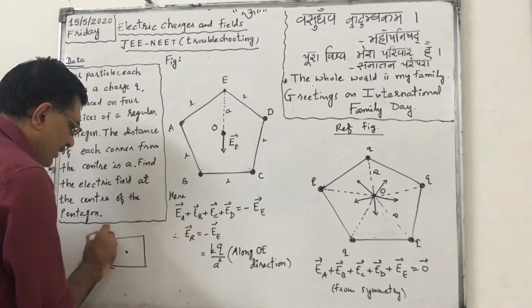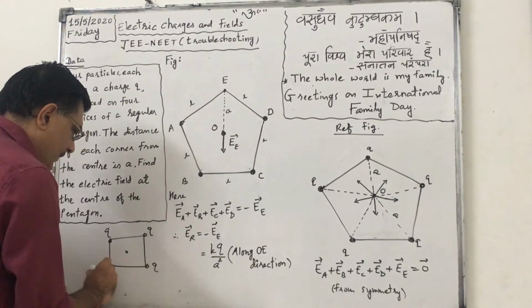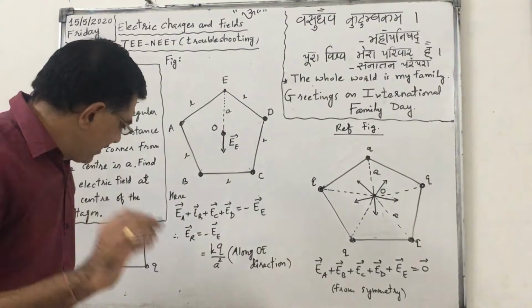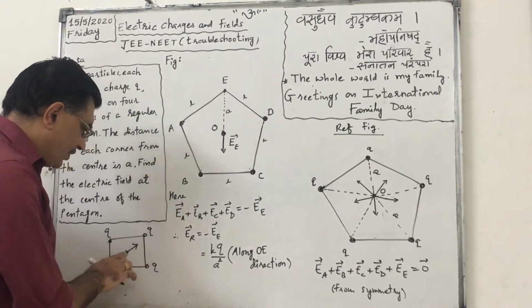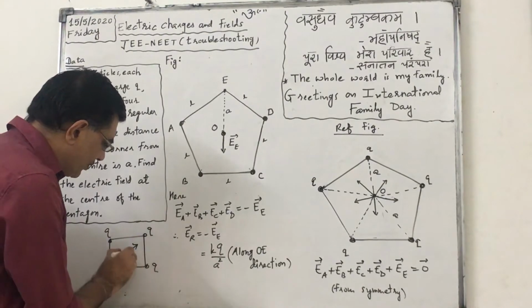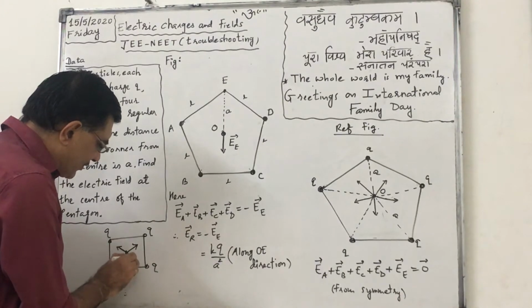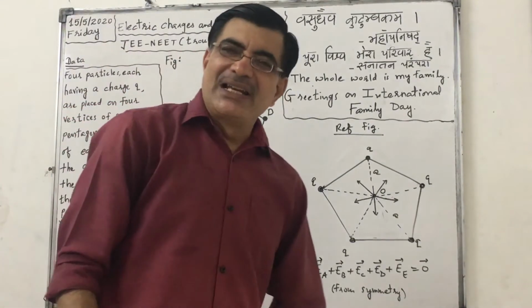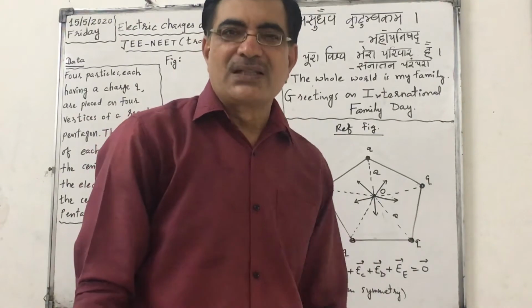Suppose I put positive q charge everywhere on the square. So this is the center of the square. In that case, electric field due to this q will be in this direction. I have to put here a unit positive charge, so this will repel. Similarly, due to this it will be in this direction, due to this in this direction, and due to this in this direction. All will cancel each other. So electric field is 0. That is our concept to solve this problem.